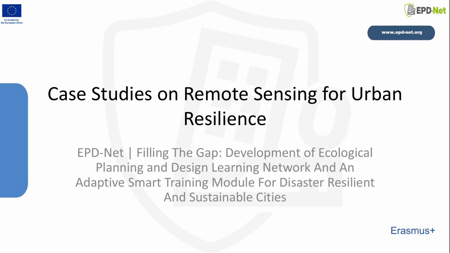This introductory slide presents the topic case studies on remote sensing for urban resilience and explains that the session focuses on three contrasting cities: Jakarta, Cape Town and Istanbul. Each city represents a different dominant hazard: flooding and land subsidence in Jakarta, drought and water scarcity in Cape Town, and earthquakes combined with rapid urban growth in Istanbul, and illustrates how remote sensing can support ecological and risk planning